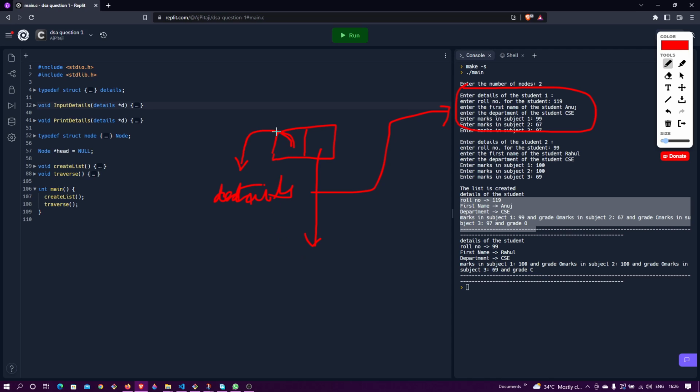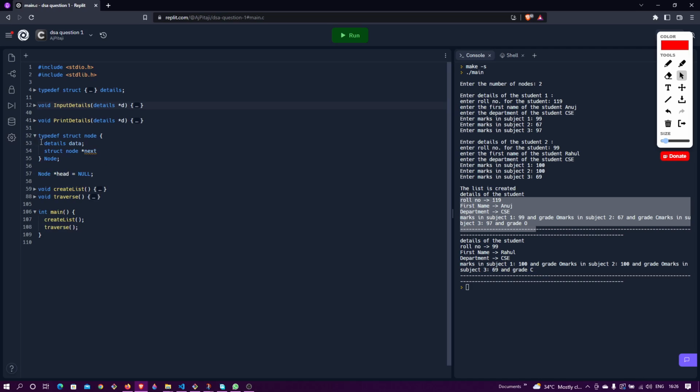So for this data part, what we need to do, we will create our own data type, a user defined data type, by using struct and typedef. So typedef is nothing, it is like a simple structure only. The difference is that you can give your own name to this data type. Like suppose I gave my own name node, and I created my own data type called node. Okay, now this node data type